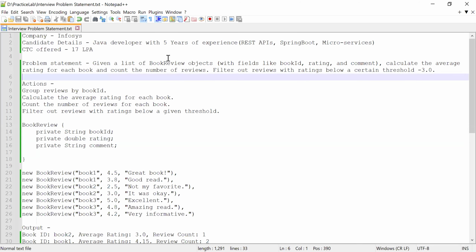In this video, I'm going to solve a problem which was asked in one of the interviews conducted by Infosys. The candidate had around 5 years of experience working as a Java developer, and apart from Java, he had knowledge of writing REST APIs, Spring Boot, and basics of microservices architecture as well. When he solved this problem statement and answered most of the questions, he was selected and he was offered a CTC of 17 LPA. Now, let me tell you what the problem statement was and how we solved it using Java